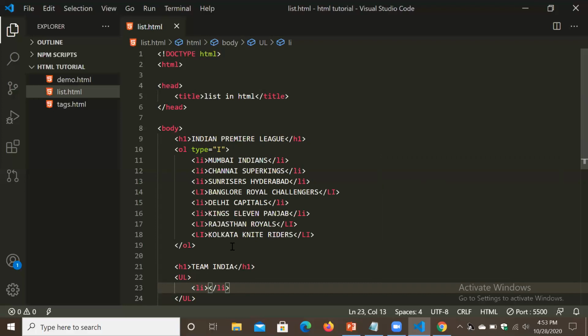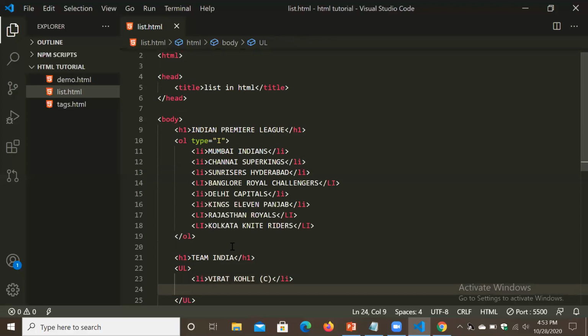So we will write here the names of the players. Number one, we should use capital Virat Kohli, bracket, captain. So next we have to use li. I think Rohit Sharma is not included in this squad because I think he is injured. So we have to use li.